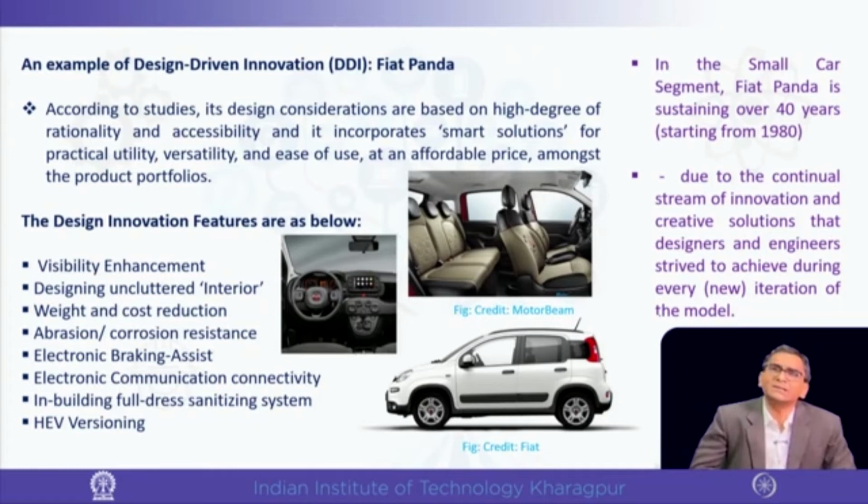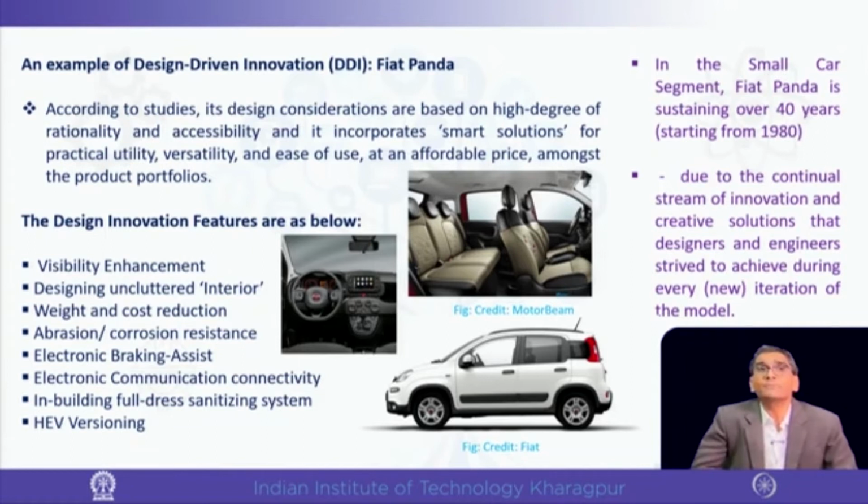You can read it later in detail, which you will find in subsequent slides. I will show the slides, but we will pass through because those are detailed out. Weight and cost reduction, by say removing the rail on the top of the car, which is used for the snow and rain. If it can be removed, that weight will be lessened, and there are a few other things that happen, so it reduces the weight and cost.